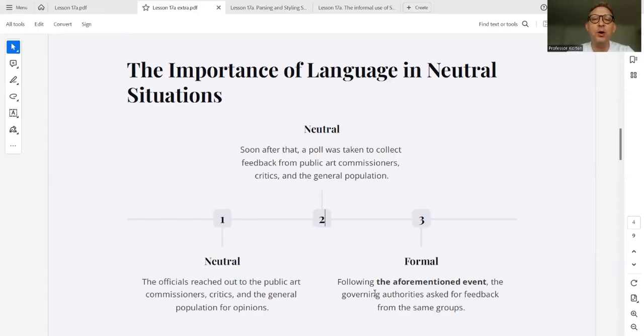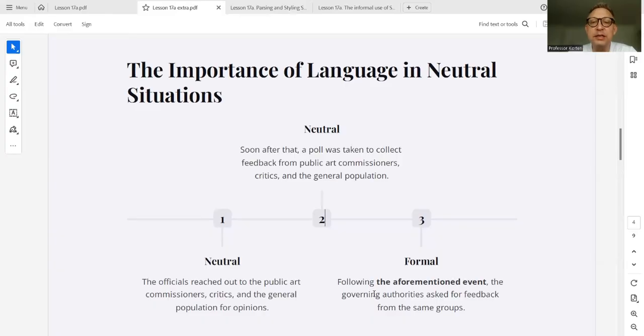Here's the formal. Following the aforementioned event, this will stand out to me as very formal and even a little bit, what's the word I want to use? The aforementioned event. It's a little bit too formal unless you're doing an academic article and you want to be very precise. This is generally not something you're going to say. Well, you could, but it's a little bit stilted. I don't even know if stilted's the word, but it's highbrow.